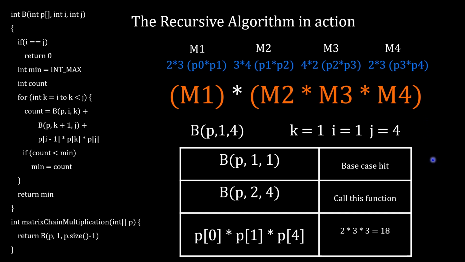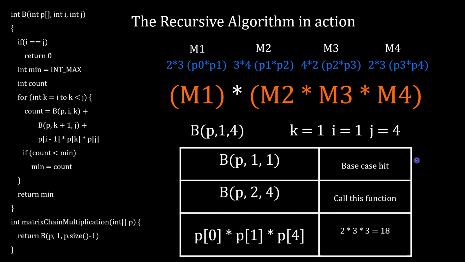We're just going to be looking at the specific top level case whereby we're multiplying matrix 1 by the result of matrix 2 times matrix 3 times matrix 4. And we can see even for this specific top level iteration, it takes a while because we have to go through all of the possible subproblems